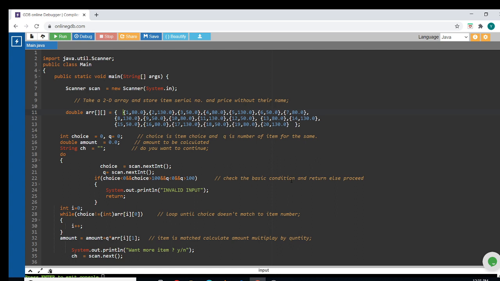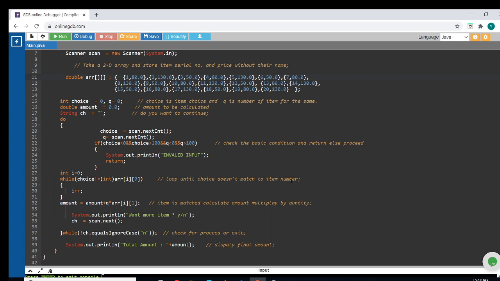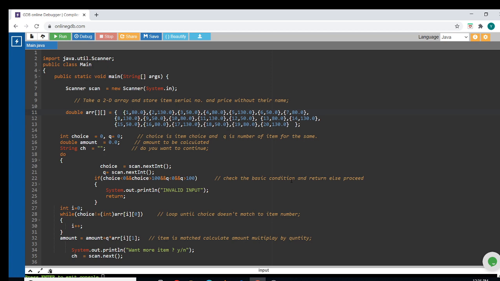If he doesn't want to continue, he will input n. Considering all these inputs, you will have to show the actual amount which the user will pay. Okay, got it? I think you have understood the problem.